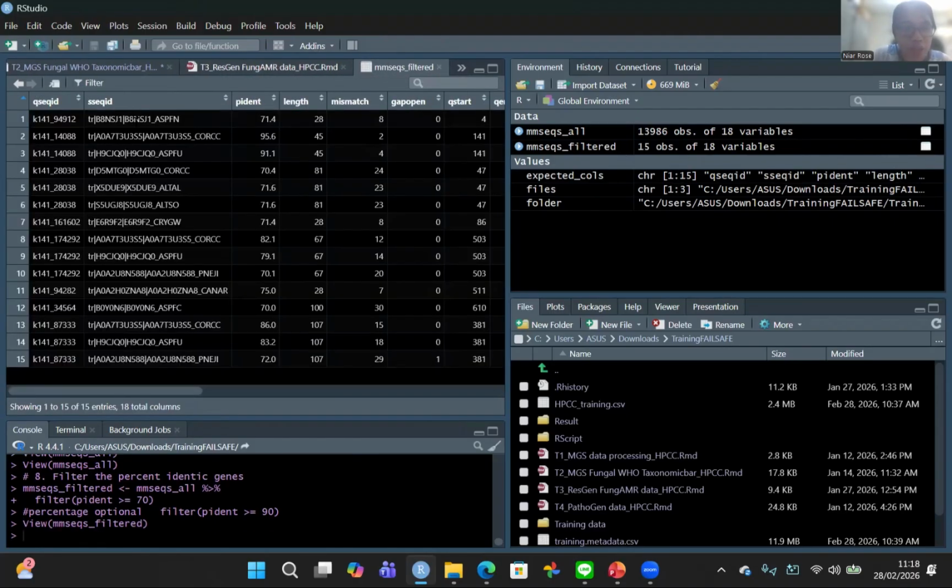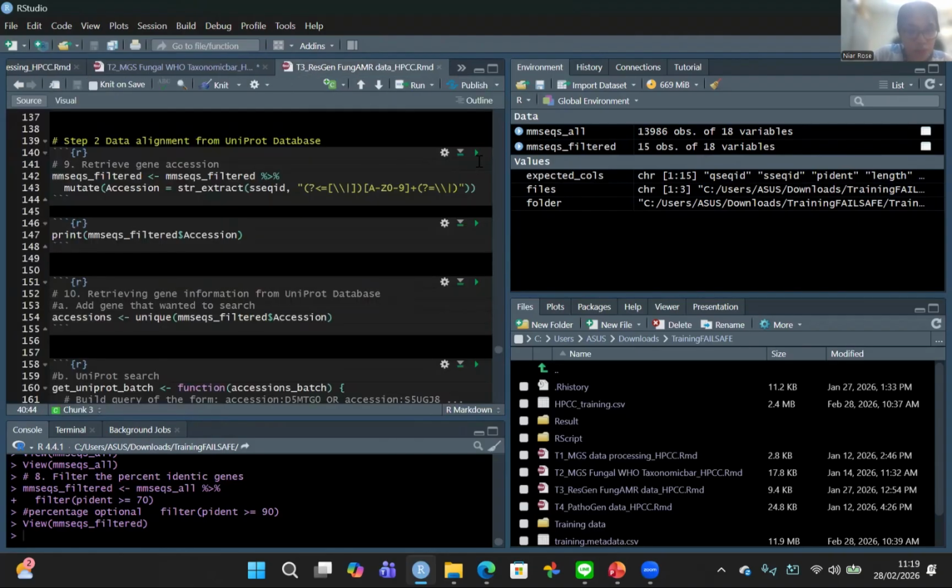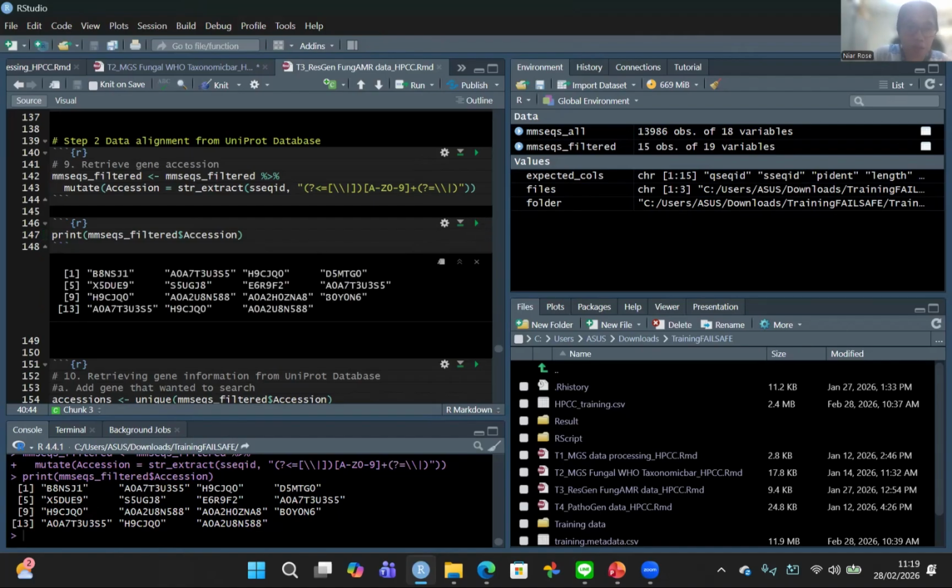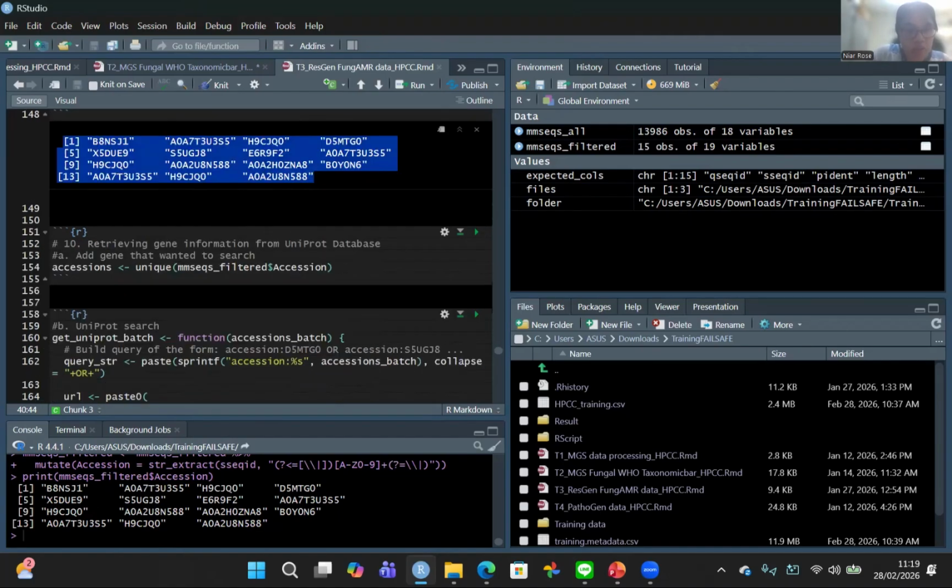So what is it? Here we have the UniProt number, which is in the middle of the long name here, which we need to retrieve with this script, and then we just print it and we have it. So we use this name,